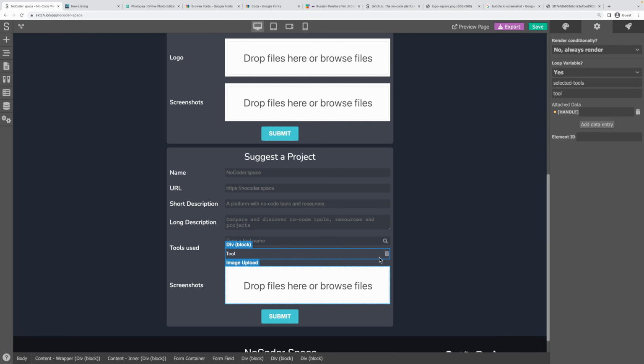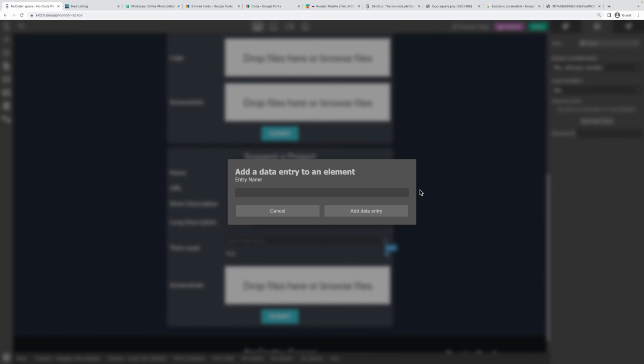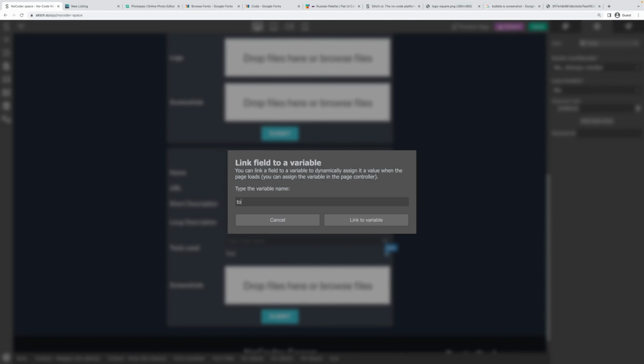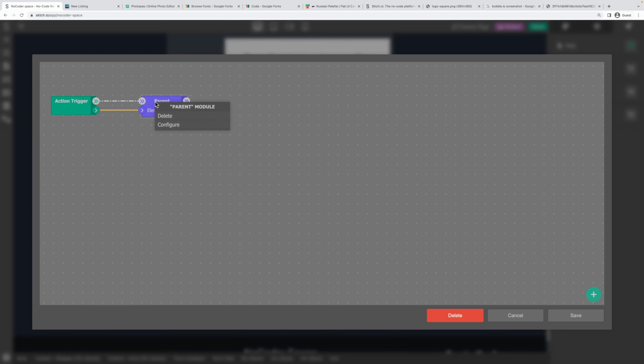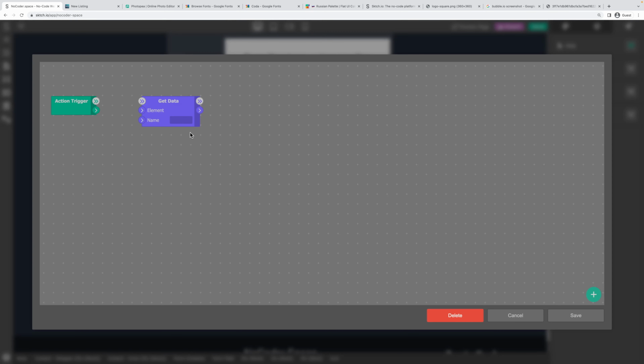Actually, we don't need to go to the parent. We can directly add that data entry to the trash icon. So handle, and we connect it to tool.handle. When we click on it, we just need to retrieve the data handle